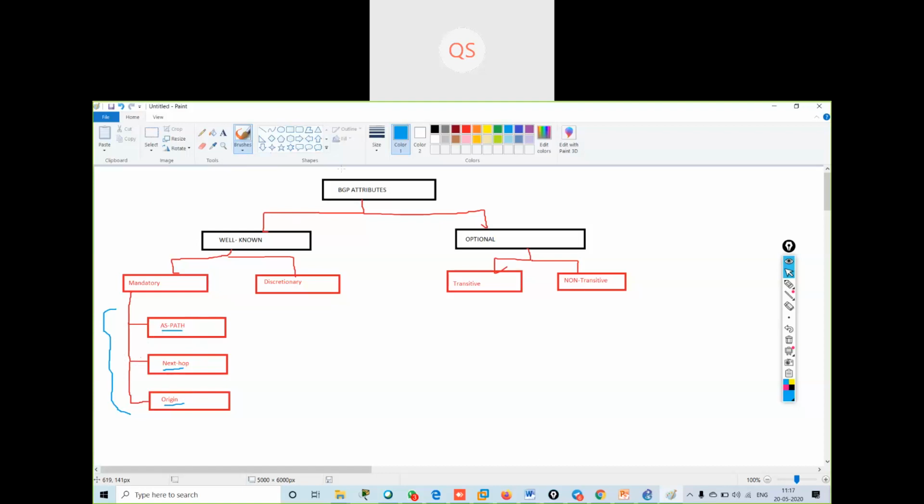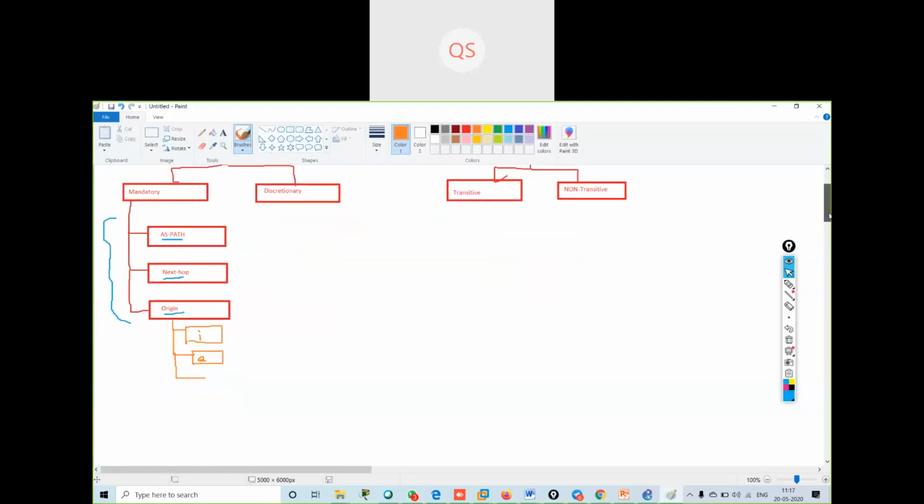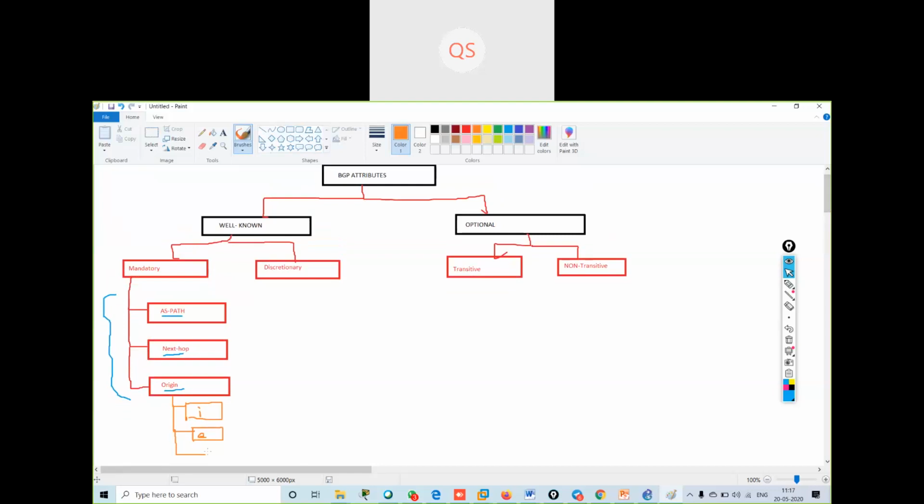Now this origin is divided into three more subsections: I, E, and question mark, which is incomplete.